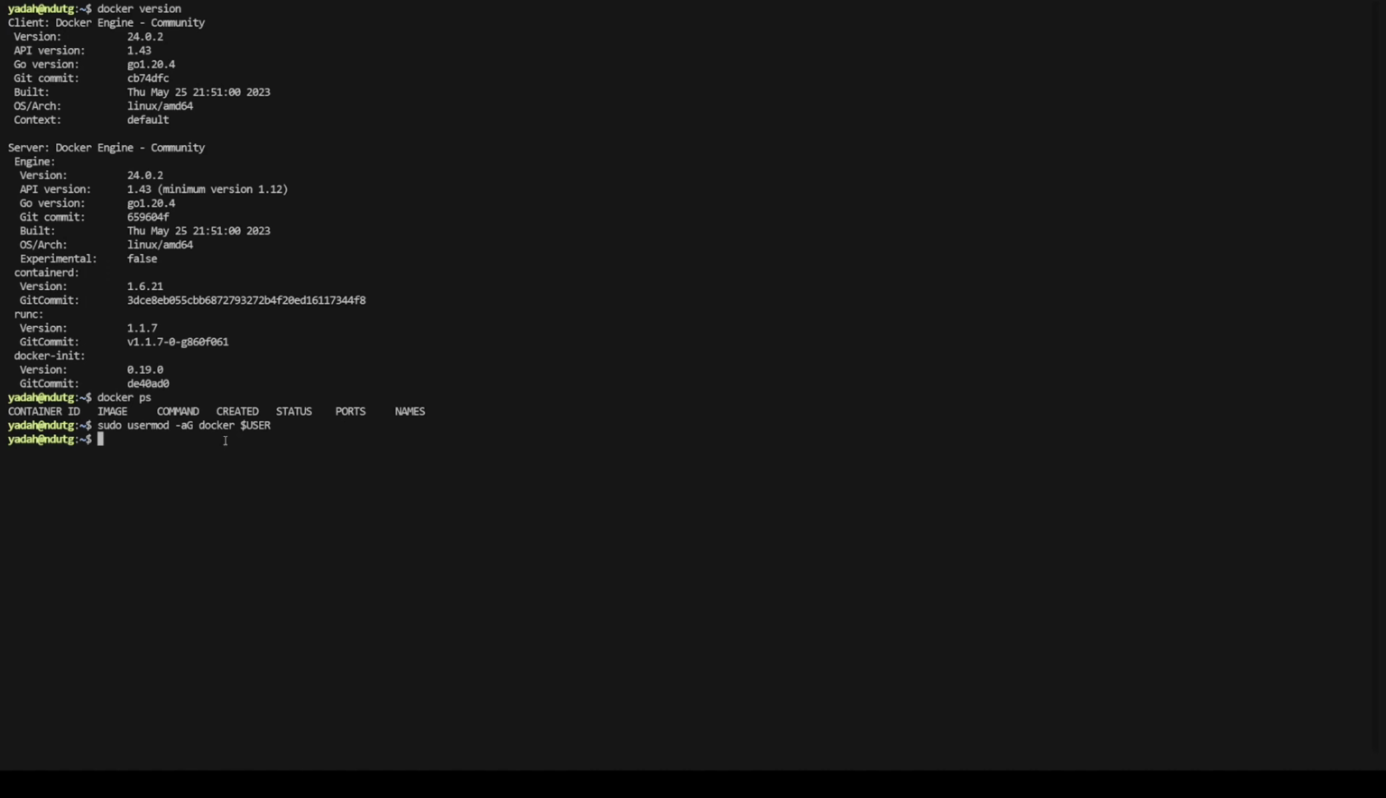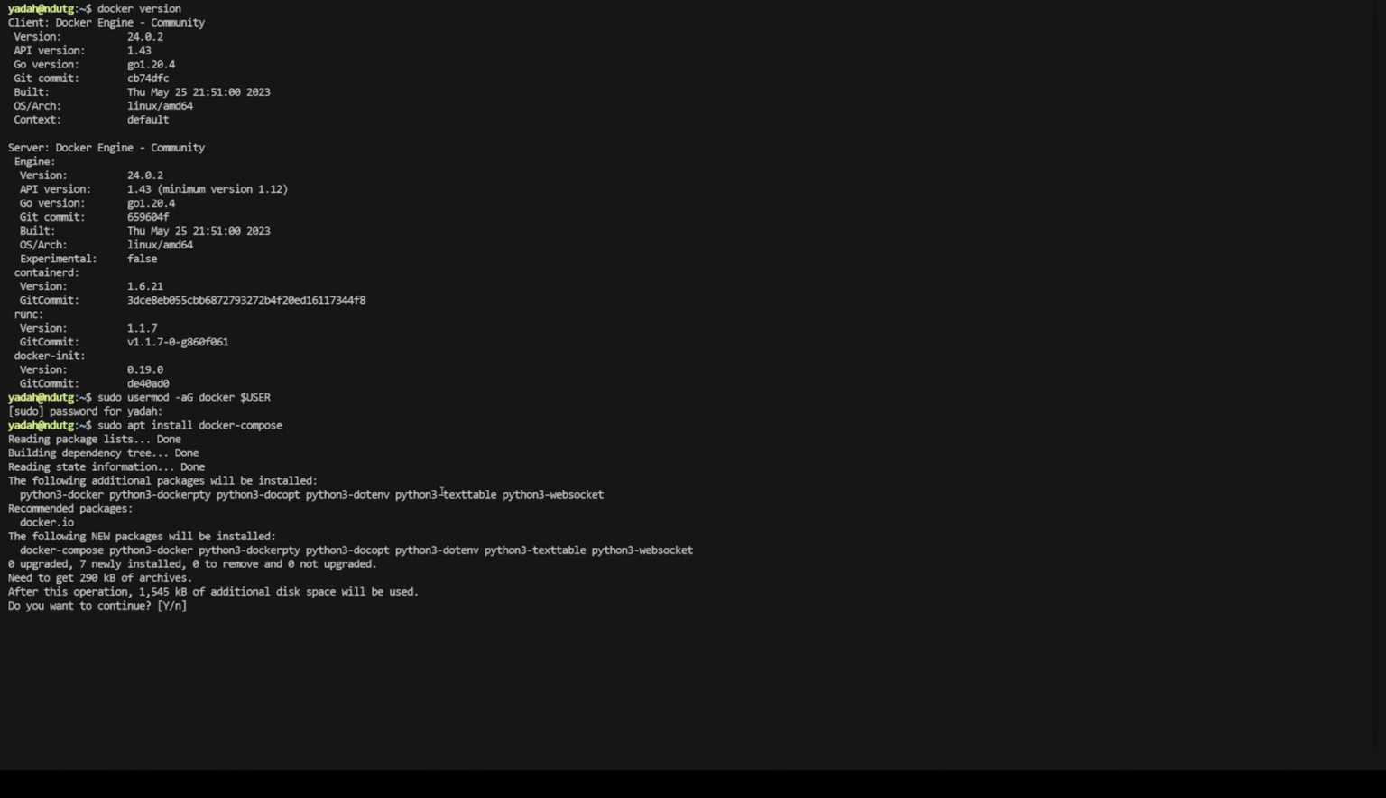For that, you just have to exit and reconnect your SSH session, and that will update the permissions for that user. We also need to download Docker Compose. By default, Docker Compose would not be added when you install Docker. So in order to do that, you just have to type in sudo apt install docker-compose, press enter,